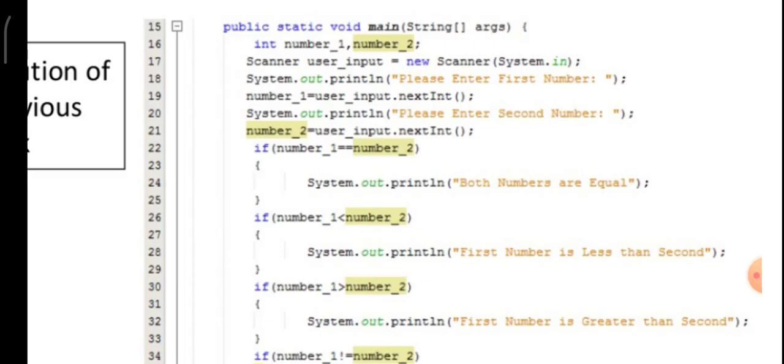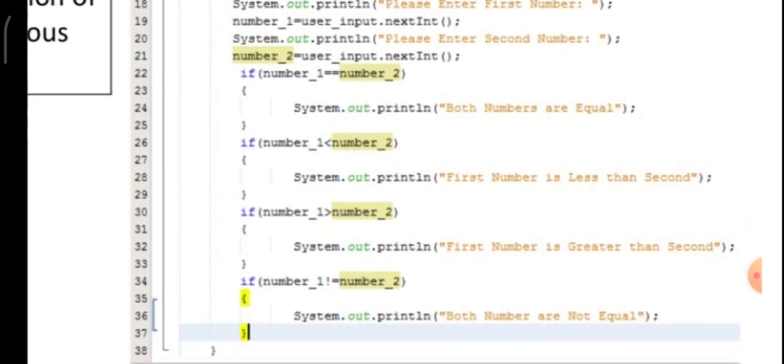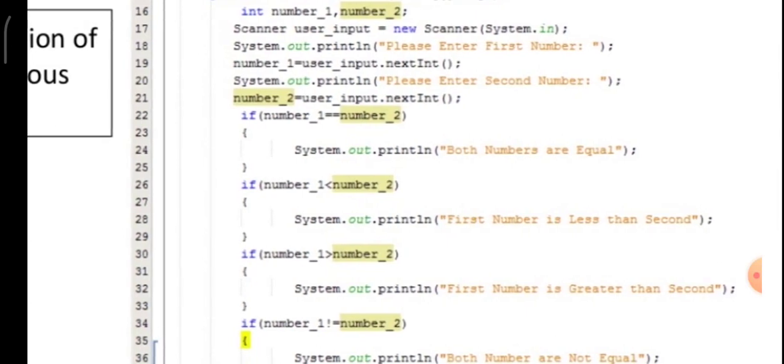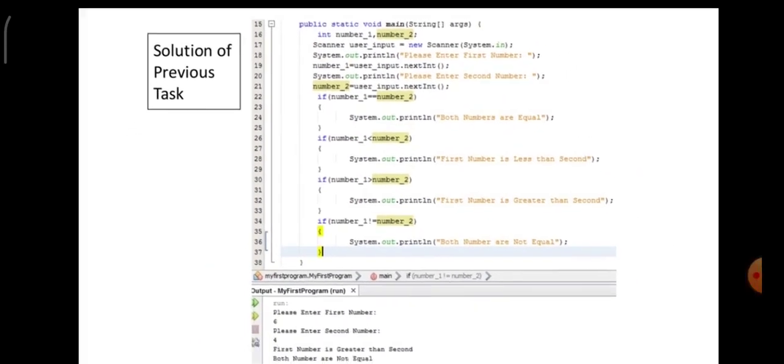Because we are giving the user the flexibility to key in any value. If we fix number 1 as one number, for example 5, and the second number as 10, only one of these will be printed, but we don't want only one to be printed. It is a logical statement, so we give the user the flexibility to select those 2 values, and when he selects them, automatically the if conditional statement is checked and finally the result is displayed onto the screen.